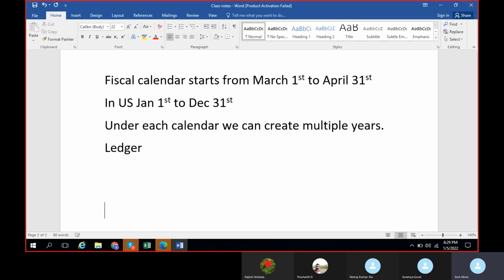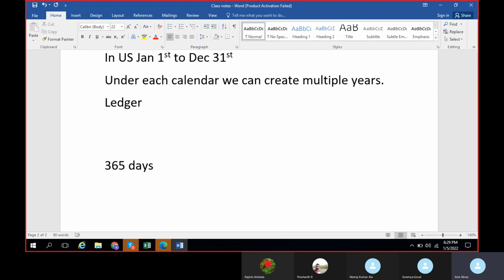As I told, in a year we will have 365 days, right? If you want the calendar to be shown weekly, or if you want to divide these 365 days, it is not necessary that you should maintain only a monthly calendar of 12 months. You can divide these 365 days into weekly, monthly or quarterly.